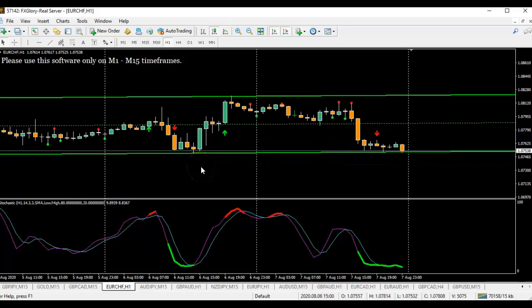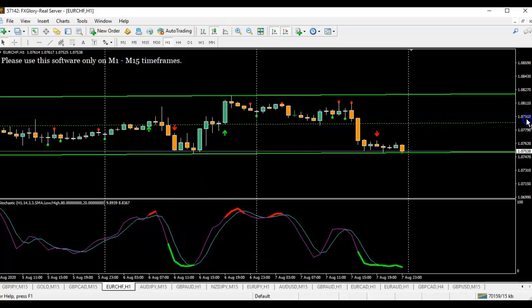So let me just start with Euro Swiss. Unless you know candlestick patterns, it's difficult to do this. So I incorporated candlestick patterns and the E jackhammer indicator, which is essentially an advanced Bollinger Band indicator, giving you support and resistance levels, and I use the candlestick patterns for entry points and stochastics to confirm what I'm seeing in